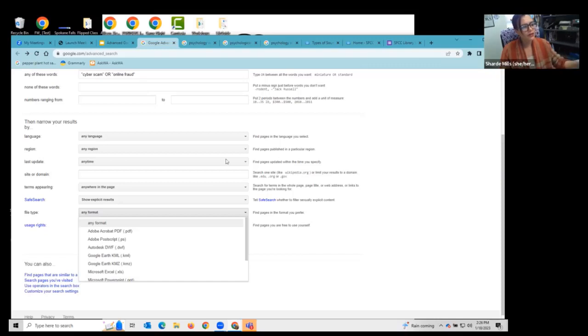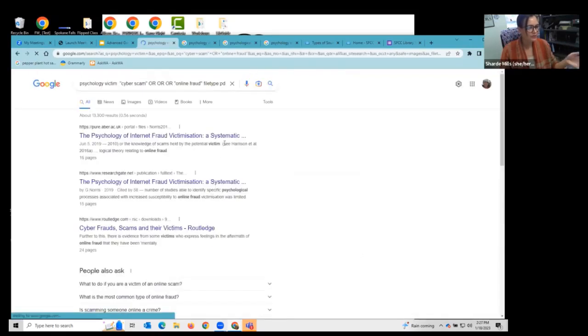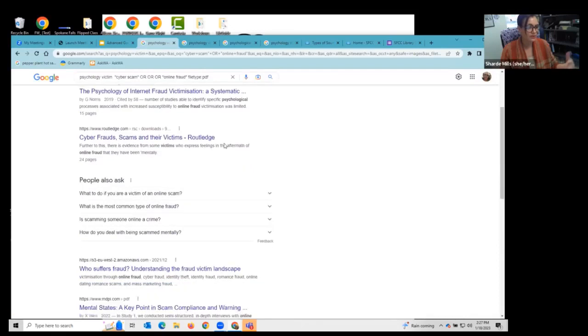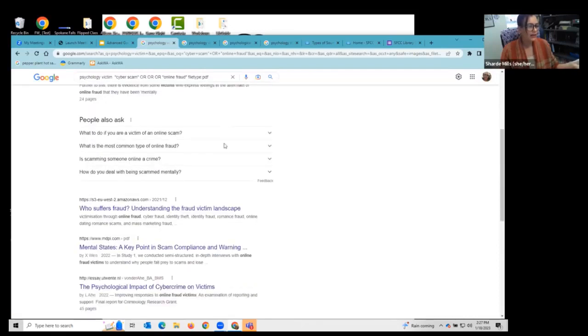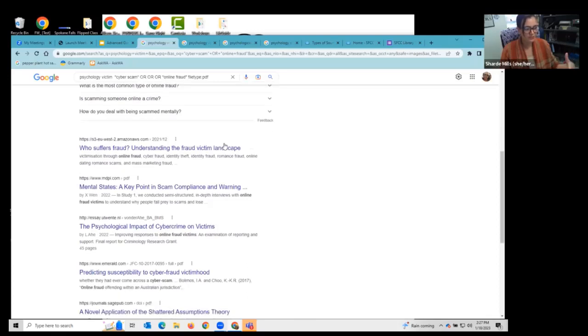And then, so the other feature here that I want to point out, I honestly probably use this the most for PDFs, because you're going to find, like I said, reports come up a lot when searching, especially doing research for academic purposes. So if I click PDF here under file type, it will only bring up resources that are a PDF. So again, I'm going to have to go through these different resources, read their descriptions, see where this information is coming from.